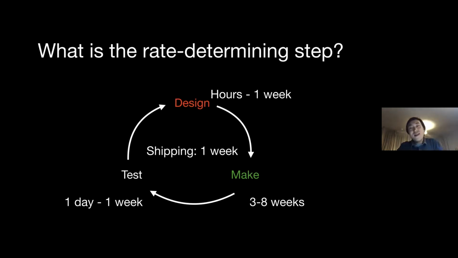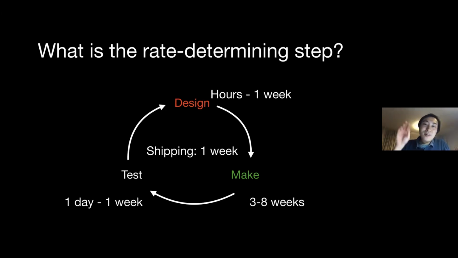And the next part of the talk, I want to take a step back and reflect a little bit on now that we have run the design make test cycle for 40-something cycles. What is the rate determining step? I think there's perhaps a lot of excitement in the literature on potency prediction and predicting bioactivity of ligands and designing better ligands. But if we take a step back and just chart the number of calendar days